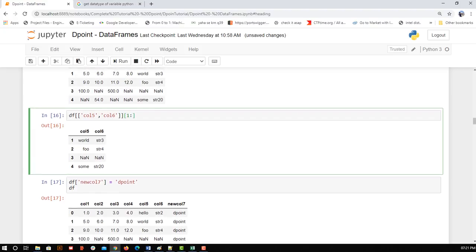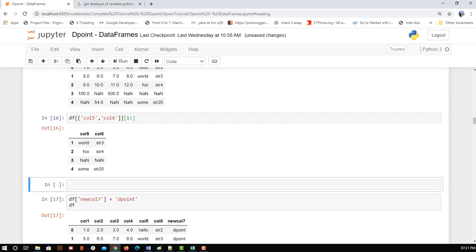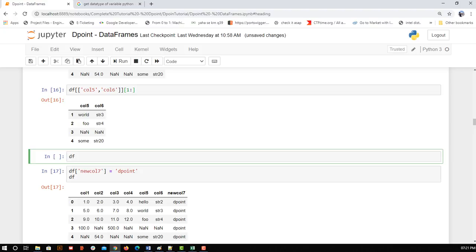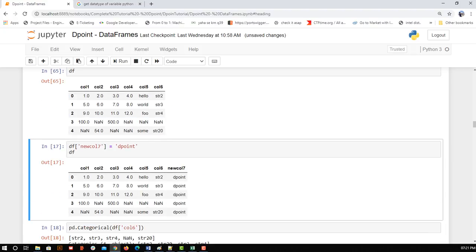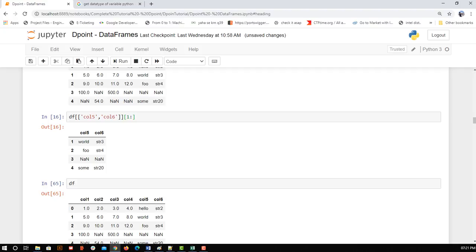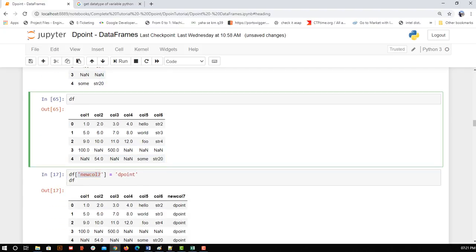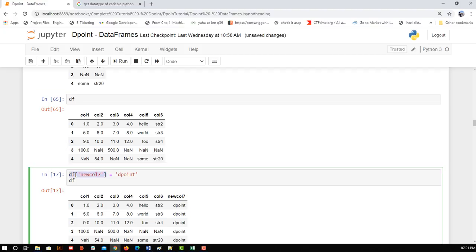Okay, so now, before doing any modification I want to show you the existing dataset. So we have column 6 and now I am going to create a new column, and that column name is column 7. You can see if I try to access it, I can access using this format, col6. But if I want to create a new column or modify or delete anything, in that case also I need to mention this format, that there is a df new col7 whose value I am assigning as a d point. Now I am not saying which record, that's why it will apply for all records.